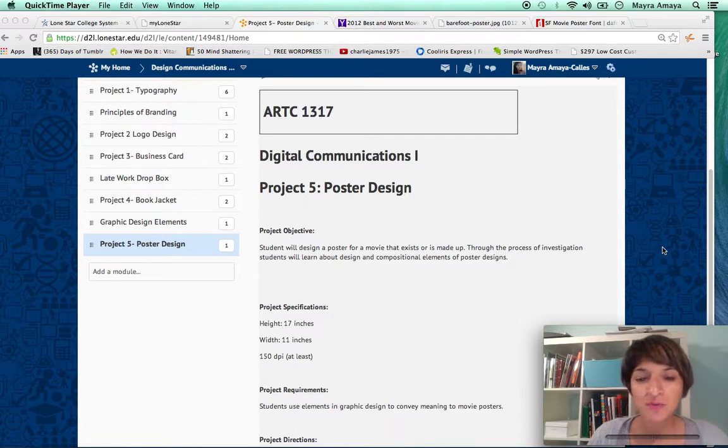We are going to start off with the project objective, which is: student will design a poster for a movie that exists or is made up. So you can choose